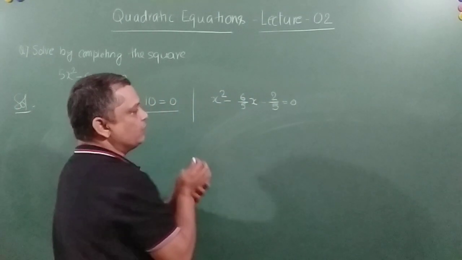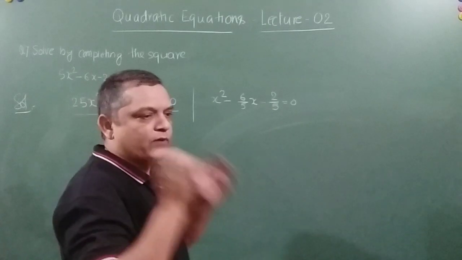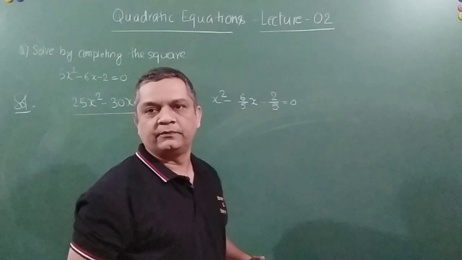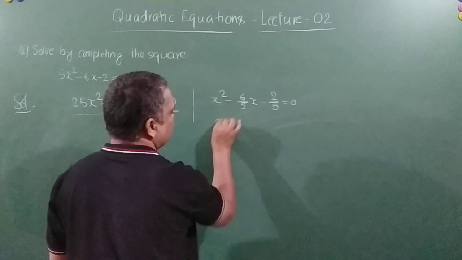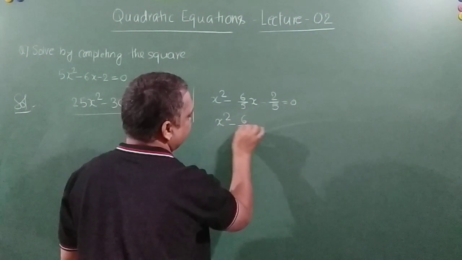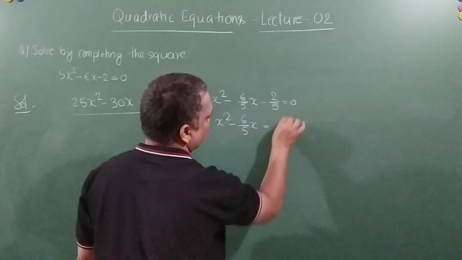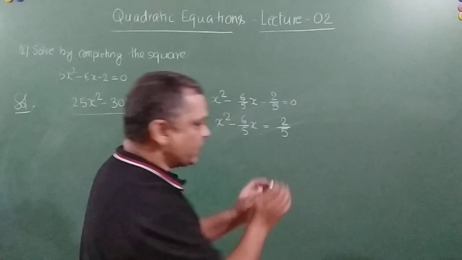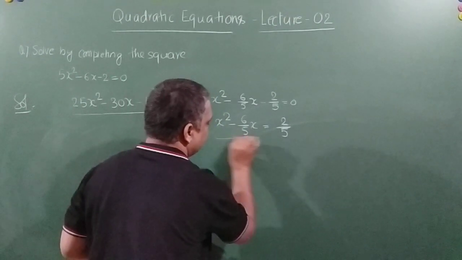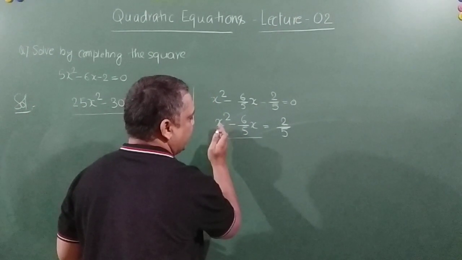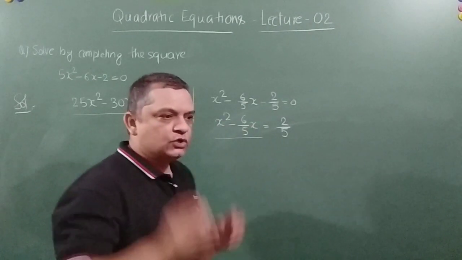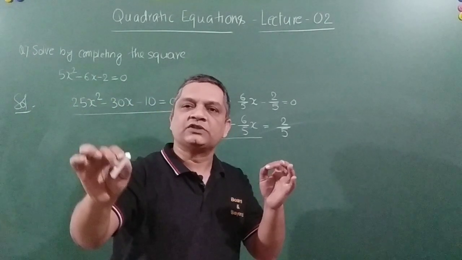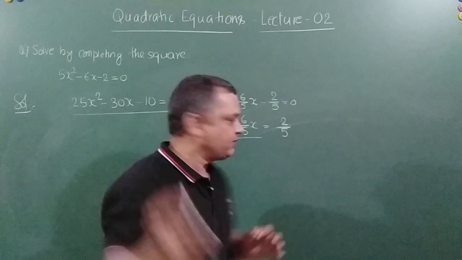Now friends, what we do here in the method of completing the square is that the constant term, we put it on the other side of the 0, right? So this becomes x square minus 6 by 5x is equal to 2 by 5. You are all there with me? Right. Now, what I am going to do here is that this is, let's say, a square minus 2ab, okay? So I will complete it in the form a square minus 2ab plus b square, okay? You're there with me? Okay.